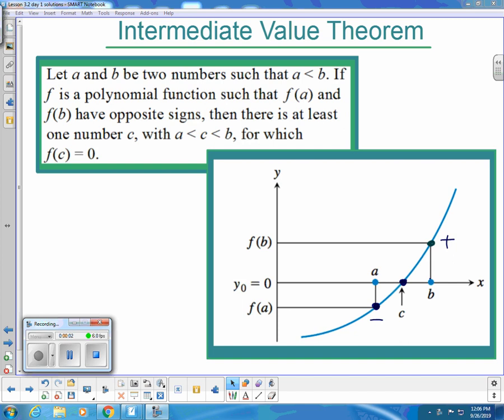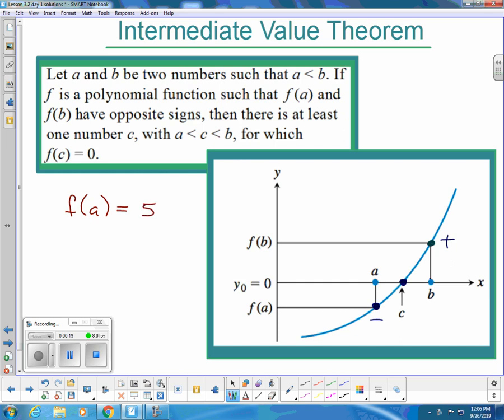The intermediate value theorem basically says if you have two x values in an interval that's continuous, and you plug in the two x values, so they have f of a and f of b. Let's say f of a is 5, and when I plug in b, I get 11. Okay? There's got to be some number in here that when you plug it in, you're going to get 6. Does that make sense? Because every number between 5 and 11 is going to get hit somewhere in between these,